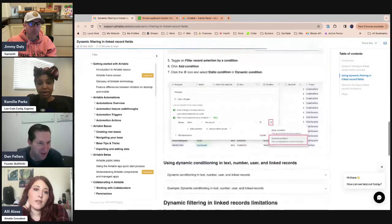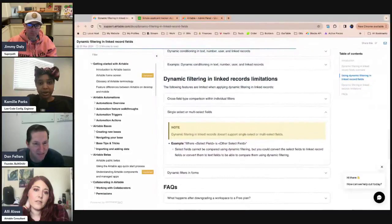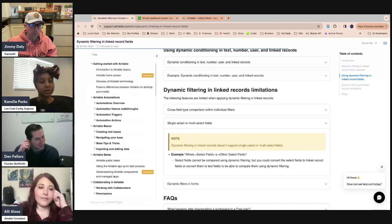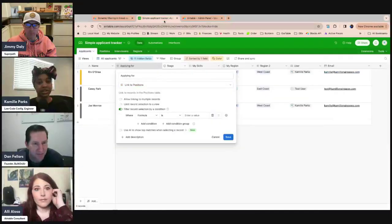So all of the fields that are compatible and not compatible are listed in this help article. I think you just got to read through it because there's more than what I've said in the demo that are intricacies. The user field was one of the examples where although it looks the same on the outside because it doesn't change,